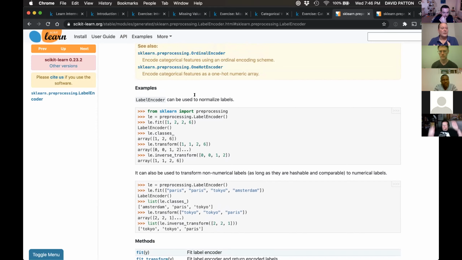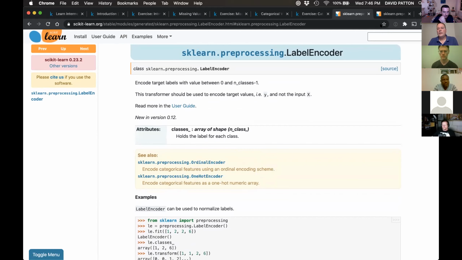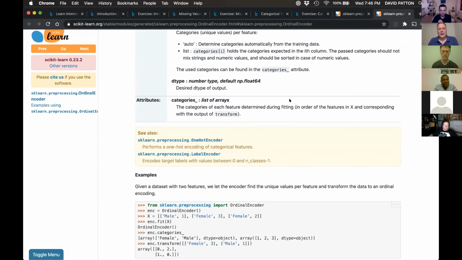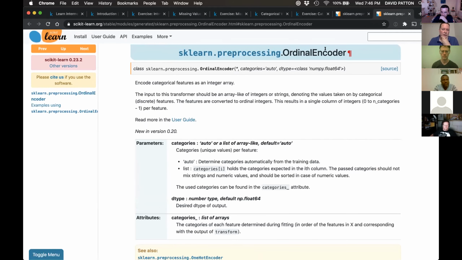It's giving you labels. The other thing to note is that the labels it gives you are integers, and that's important too. So what I think they should have used for exactly what they were doing, and maybe someone can correct me, is ordinal encoder. Ordinal encoder is for encoding features as an integer array.